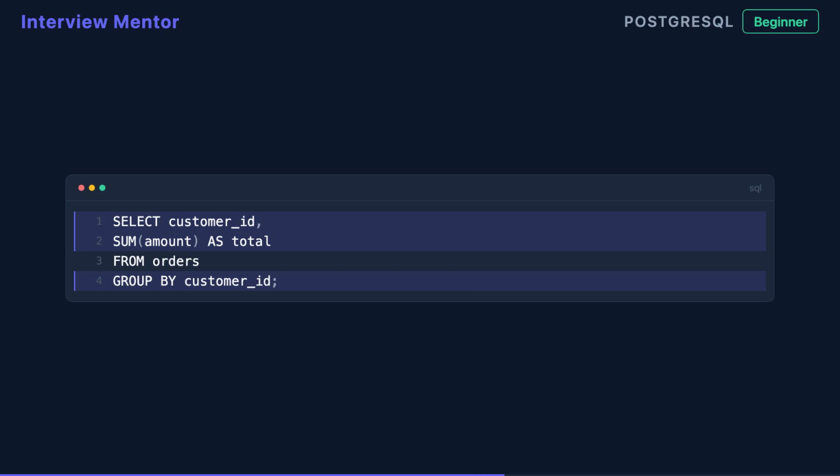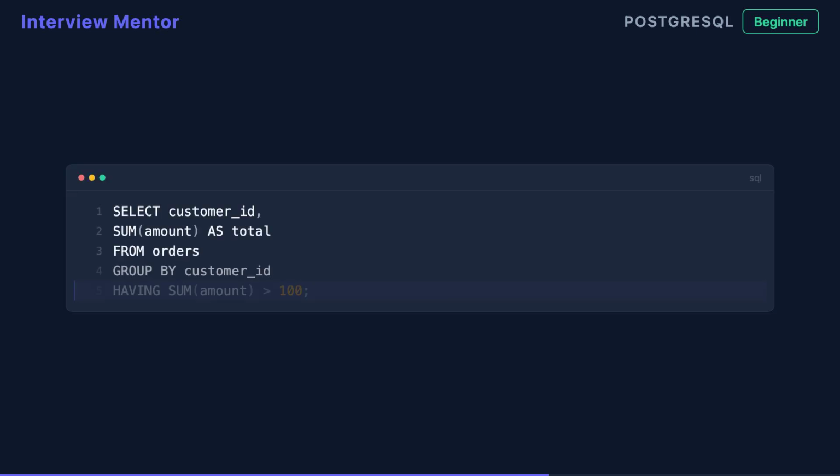Postgres groups all rows that share the same customer_id and applies SUM to their amounts, producing one total row per customer. To filter the grouped results, use HAVING, not WHERE. WHERE filters individual rows before grouping happens. HAVING filters after. Add HAVING SUM(amount) > 100, and only customers whose total exceeds $100 appear in